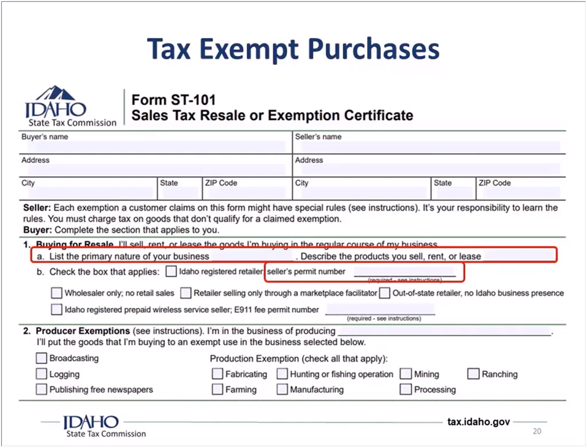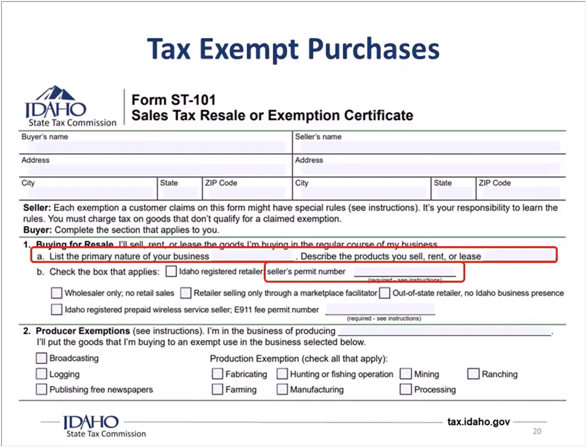If you have people who may see these things, show them this and make them familiar with it as well. Do a little bit of training. And then again, you might be able to use this when you buy products that you need to resell, and save yourself some money. For most buyers, you're going to fall into one of the first two categories on this page, whether it's a seller exemption, a reseller exemption, or a producer exemption. You only need to fill out one section. So even if you have a seller's permit and you're a producer, you don't need to fill out both sections.